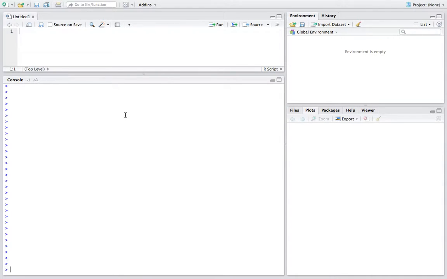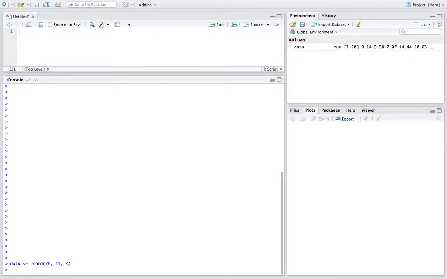So let's look at an example. Here, we'll generate a set of 20 data points that are representative of a larger population. For this example, we're going to assume a normal distribution, so we'll use the rnorm function to generate our data. And this function takes three inputs. First, the number of data points, 20, then the mean of those data points, and the standard deviation, which we'll